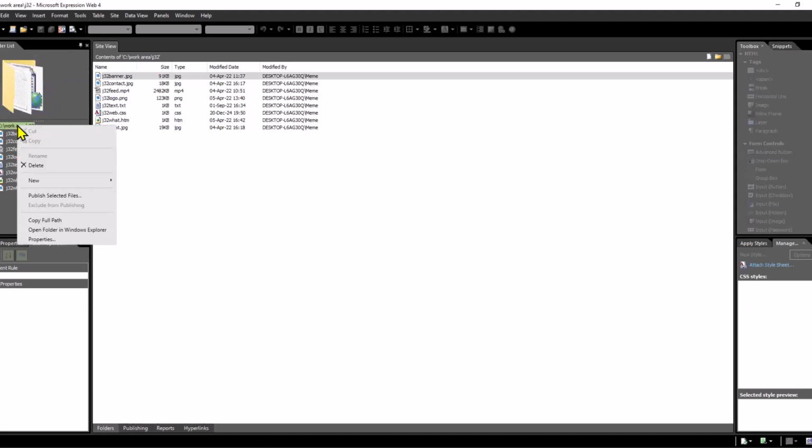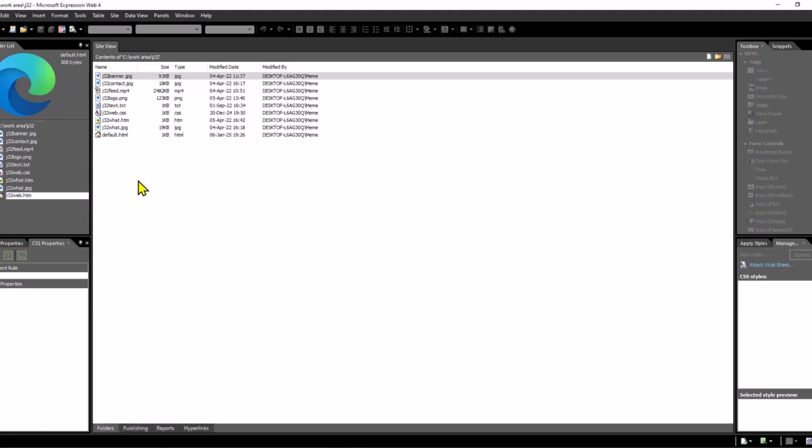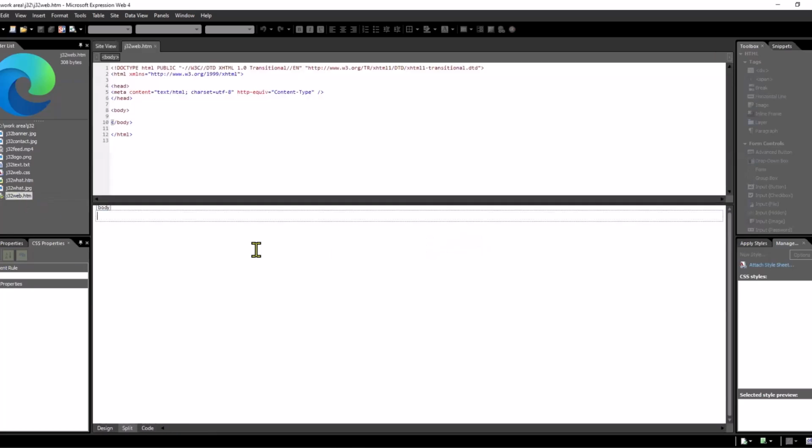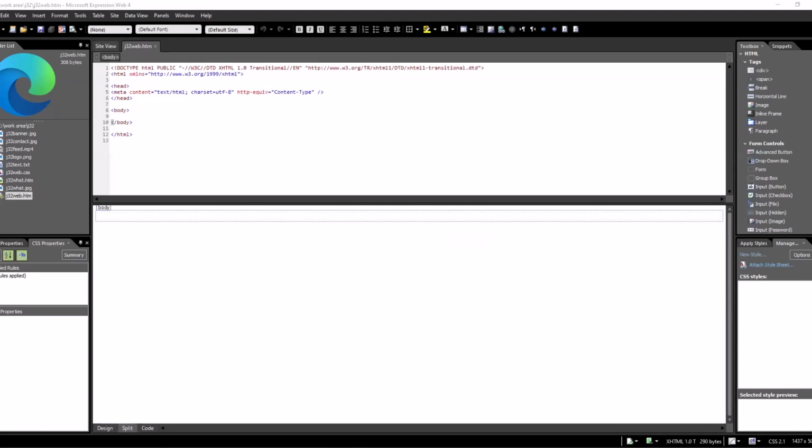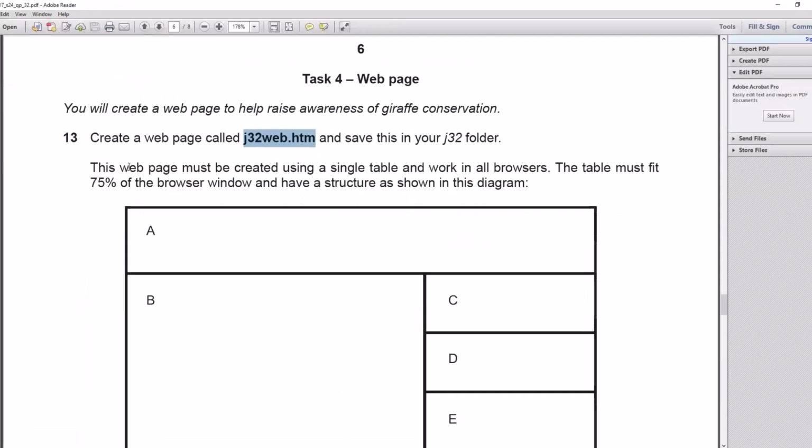Okay, so right click here, then new HTML, set the name of the file, then enter. Confirm rename. Yes, I will confirm, and the name is web.html. Then open it. Later, they will ask me to create the table. The table must fit 75% of the browser. So it's not 100% of the browser. It will not cover all the width of the browser. It will take only 75% of this